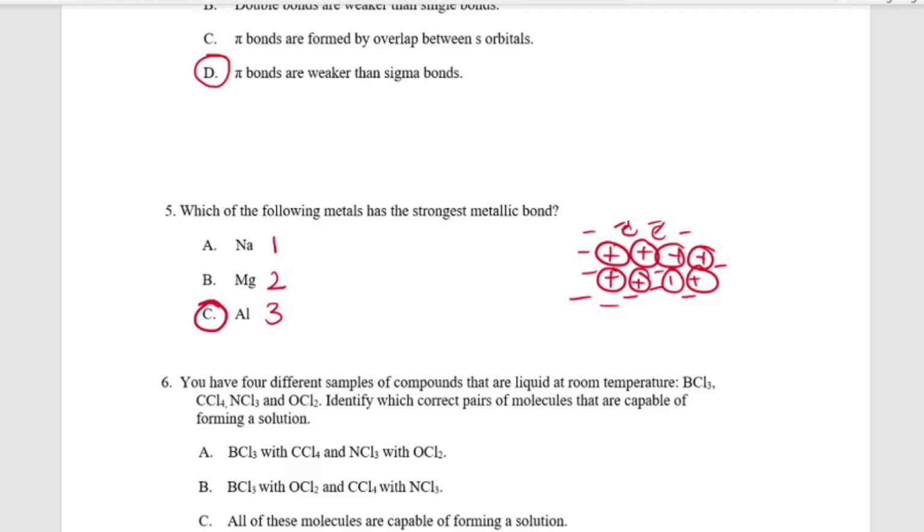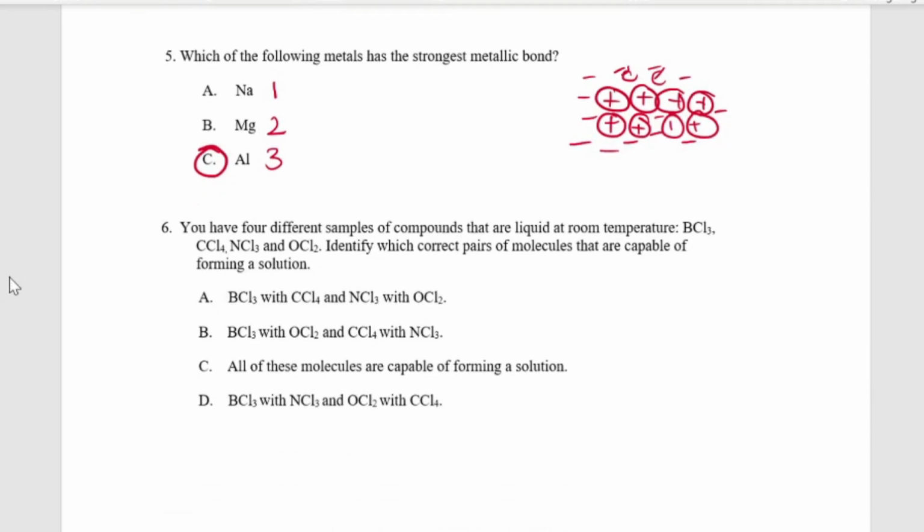Question 6 says, you have 4 different samples of compounds that are liquid at room temperature. Boron trichloride, carbon tetrachloride, nitrogen trichloride, and oxygen dichloride. Identify which correct pairs of molecules are capable of forming a solution. So to answer such a question, we have to draw the Lewis structures first and identify polar and nonpolar molecules. So for boron,